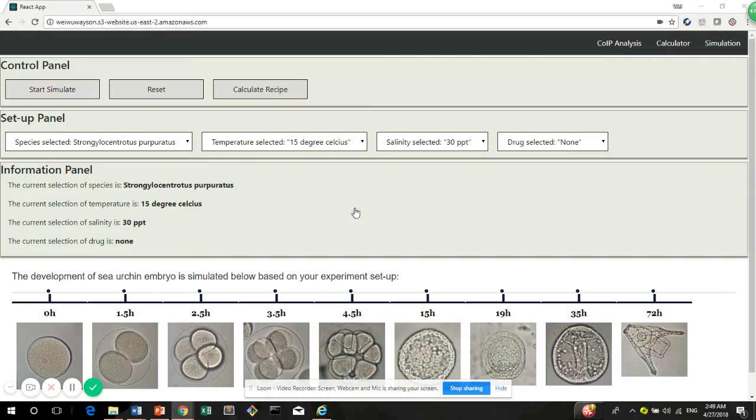Before using this application, please get familiar with the early sea urchin embryo development and the factors that would affect the development process. You can find useful reading material provided in my final report. After you figure out the values for each parameter you want to use in your simulation, you can select them